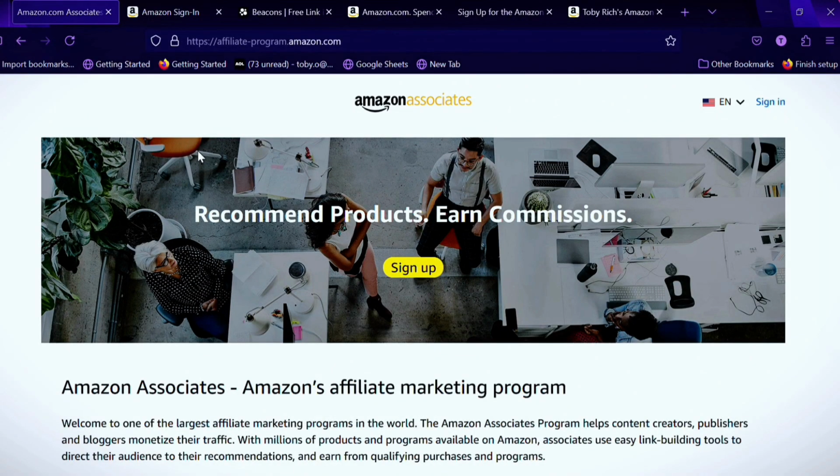All right, so the first place we're going to go is Amazon Associates. What we're going to do is go to Google and type Amazon Associates. The first thing you see on there, you click on it, and it's going to bring you in here to Amazon Associates. And you click sign up. Now you can sign up with your already existing Amazon account. If you don't have an Amazon account, go ahead and sign up with your details, your email address, your password, and all of that. Now, once you have signed up, you're going to put in your social media handle or